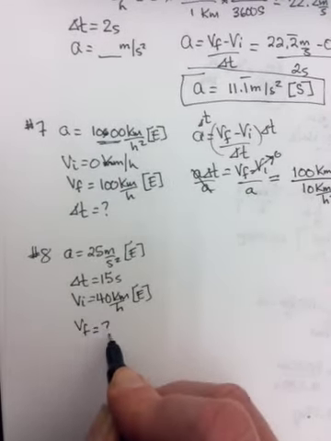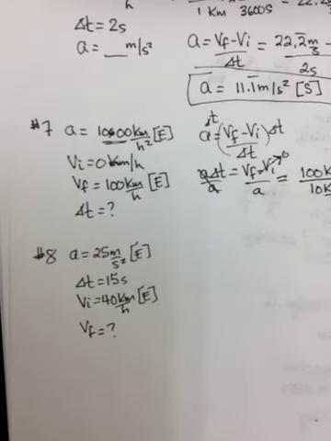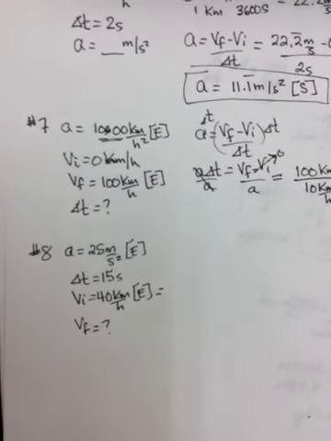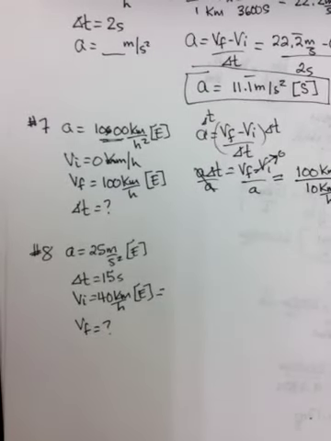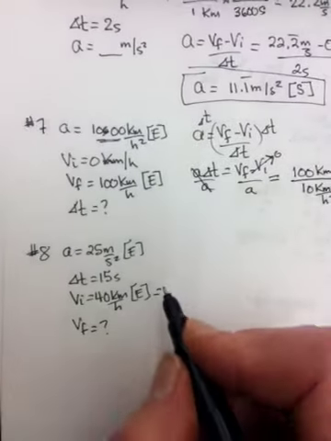So you need to change your 40 kilometers per hour east into meters per second. So what's it going to be, 11? Yeah, 11.1 repeating